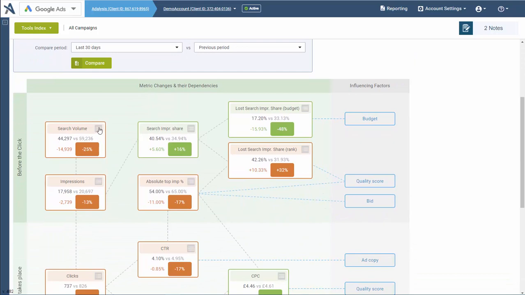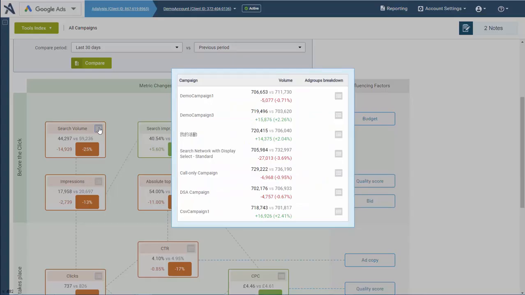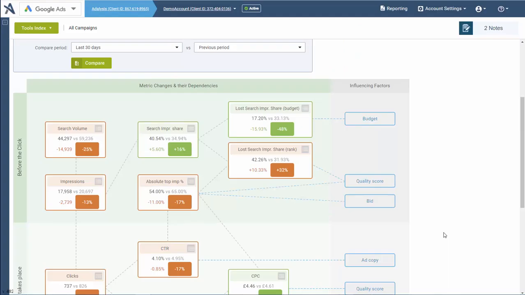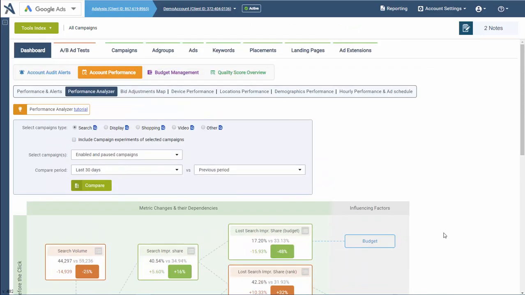Now with these, we can click on these bullet icons to drill into the individual campaigns and their changes, and then even the ad groups in that campaign to quickly see, okay, this ad group changed by 2% and this one is 3%. That's two of our largest drops, and then some of these others have gone up. And so if you need a quick snapshot to understand why metrics are changing, the Performance Analyzer is a great